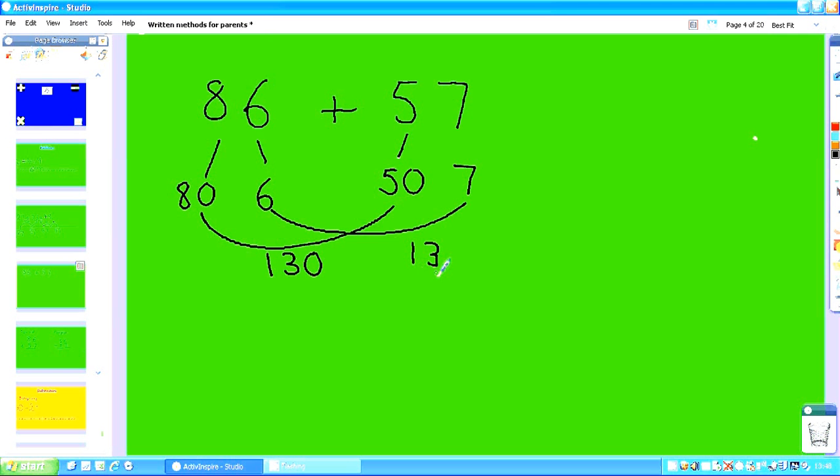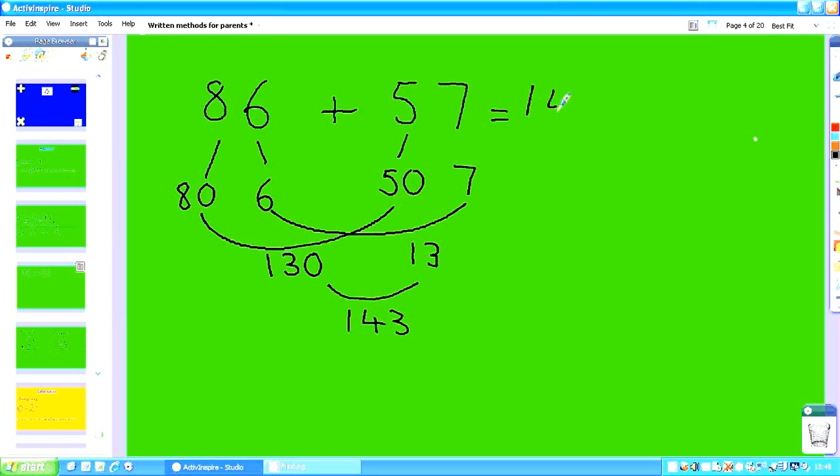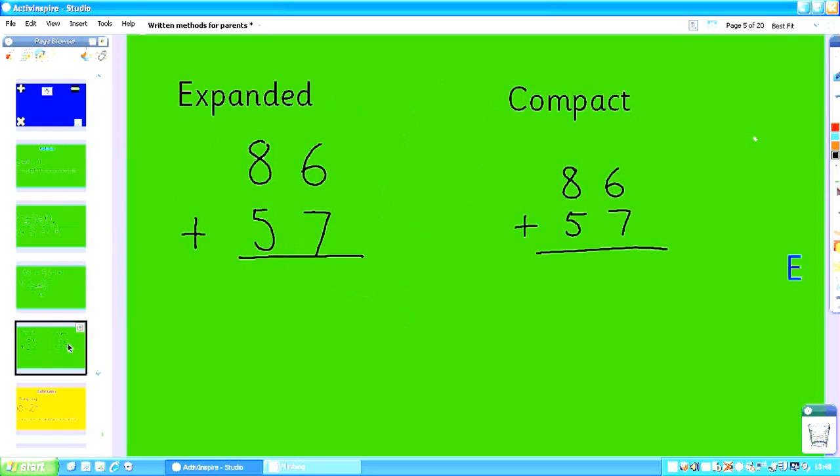13 again is made up of 10 and 3. So we would have 130, add this 10, 140, add 3, together giving you 143. So the answer to 86 add 57 would be 143, which is fairly close to our estimate of 150. This then moves on to an expanded